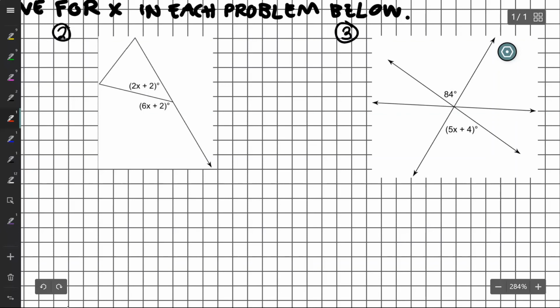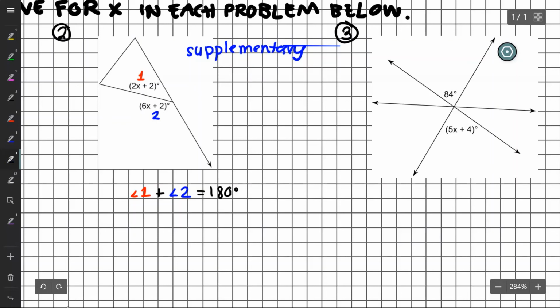All right, now let's look at number 2. So I have these two angles. Let's label them angle 1 and angle 2. And they form that straight line, so I know that they are supplementary. Which means that they equal 180 degrees. So I'm going to write out my equation. Angle 1 plus angle 2